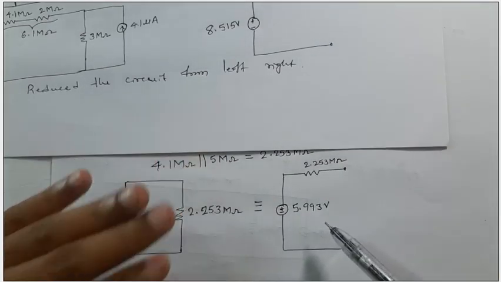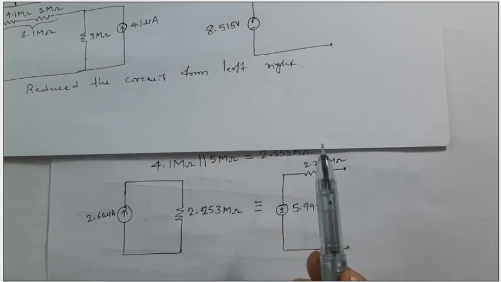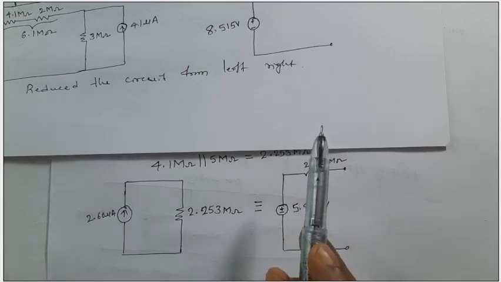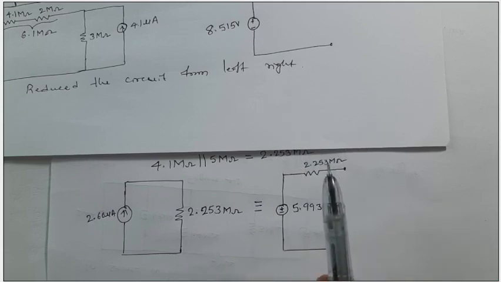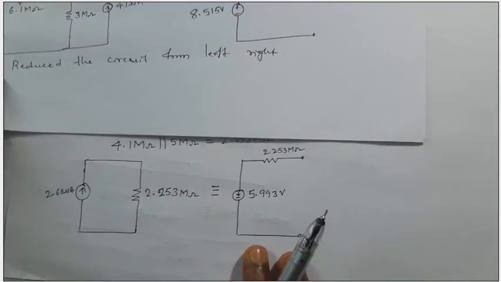Because of this, whenever you are going to reduce the network, if it is asked to reduce with respect to a particular point, meaning between particular points, then you go along with it. Otherwise the choice is yours, either you can go left to right or right to left, unless it is mentioned. With this we will move on to